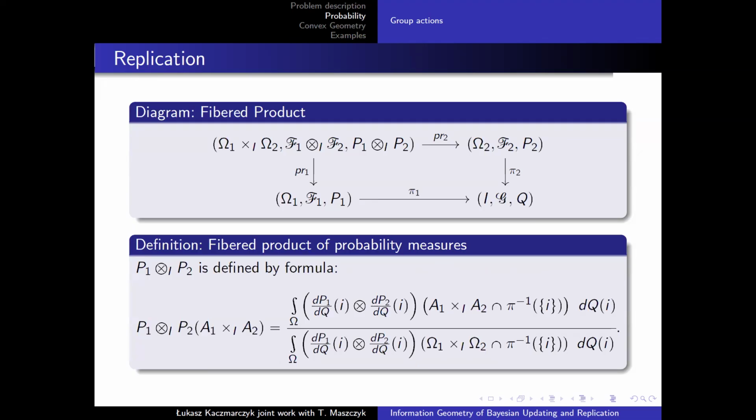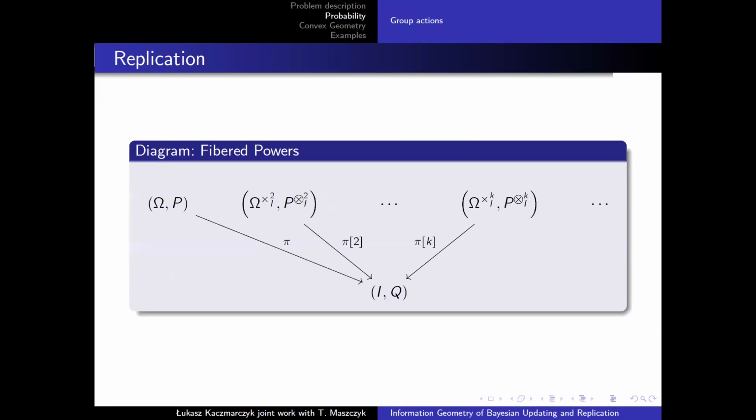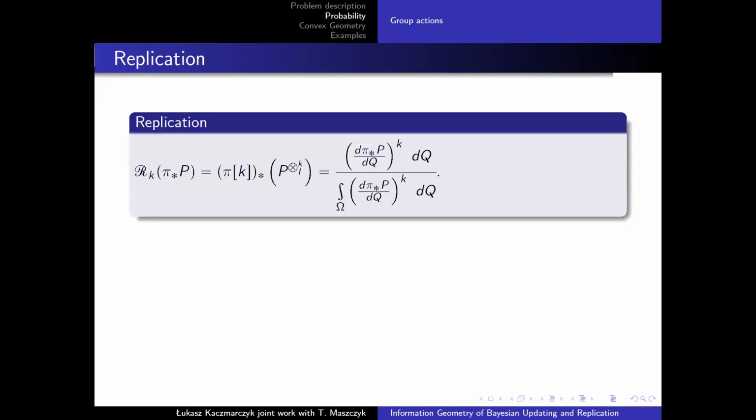Either way, we've calculated how in this paradigm the explicit formula for probability of fiber product will look like, and it allowed us to create appropriate fiber powers of both our space of elementary events and measures, which leads to a formula, well, it's called R because of replication, that behaves